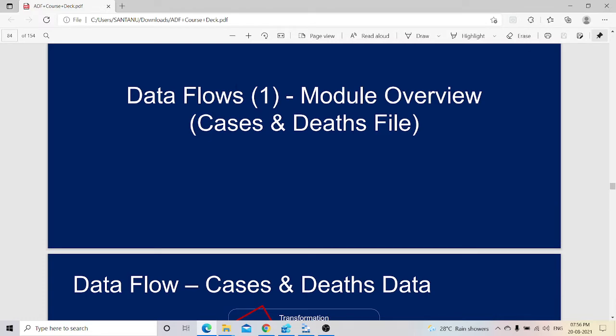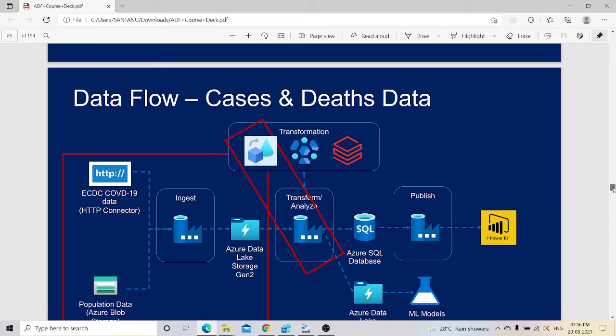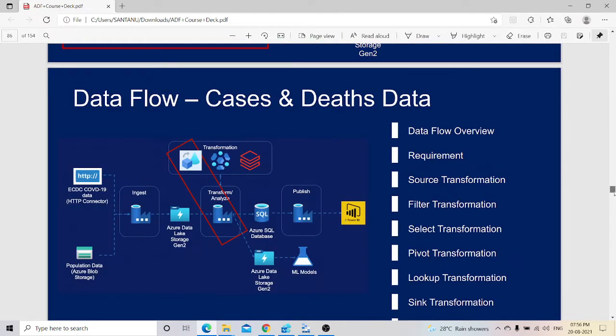Here the data flow is based on the cases and death file. First, we can use the data flow for transformation of that particular data. What we require here is, we first need to understand the requirement of the data, then perform source transformation, then the filter transformation.